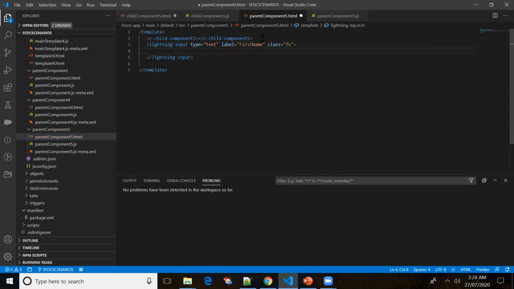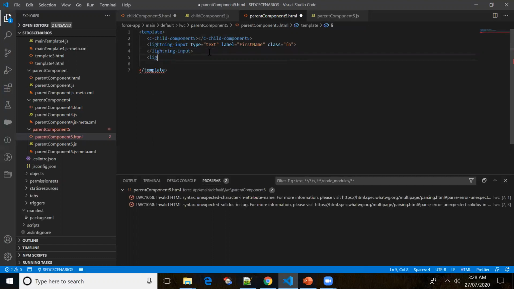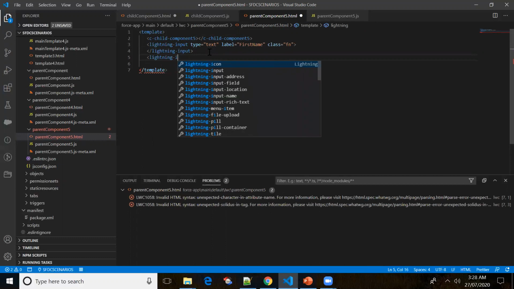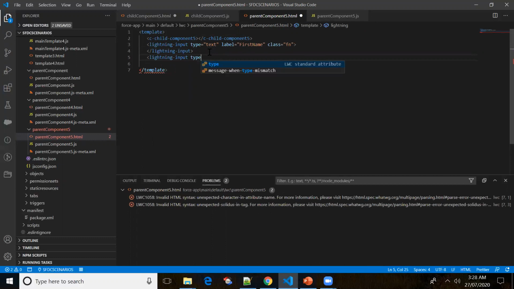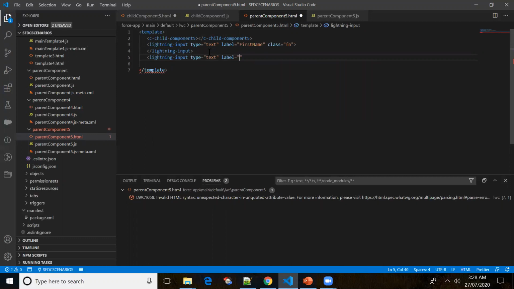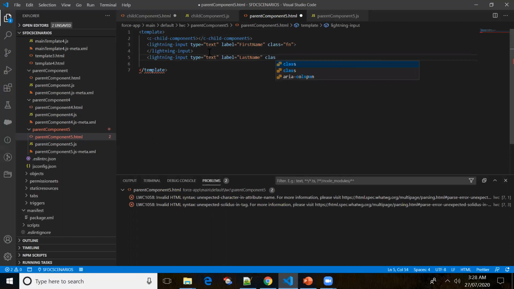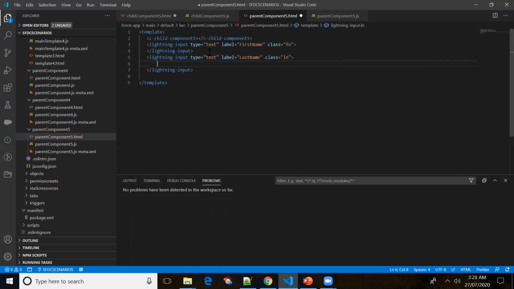So if we want to get the value with the help of query selector, then we have to write a class. Okay, so selector lightning input. I'm creating one more input field, type text, label equal to last name, and I'm providing the class to it, class equal to ln. Okay, so let me close this.